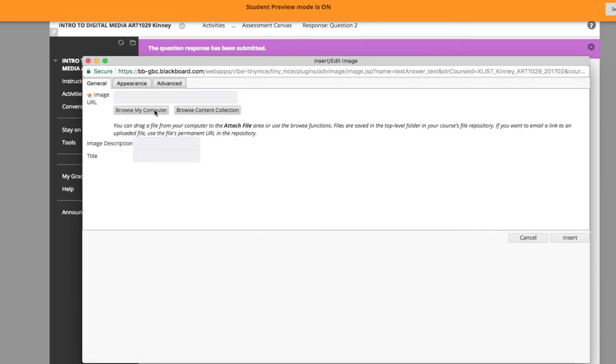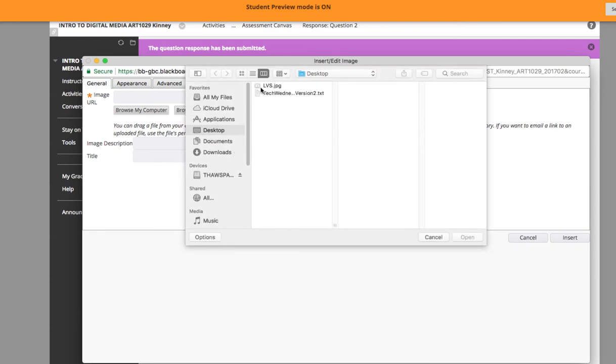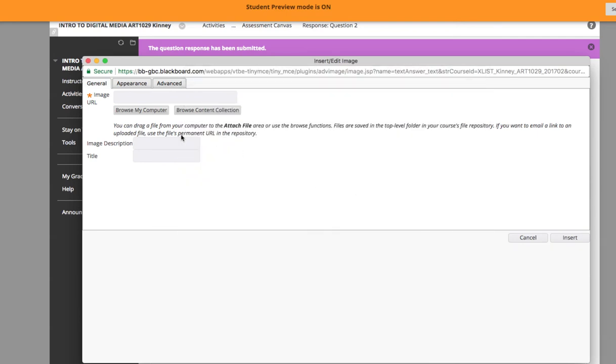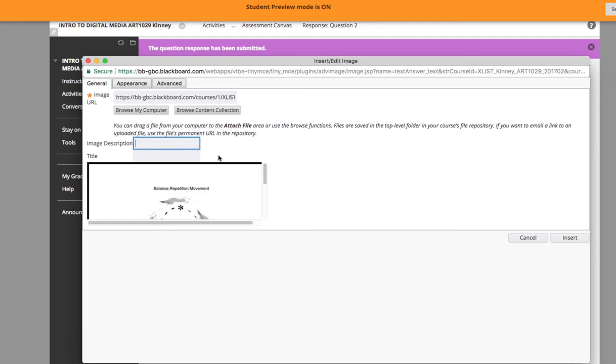So instead of browse content, browse my computer. I'll find my image again, open it up, image description, line, value, shape, composition,